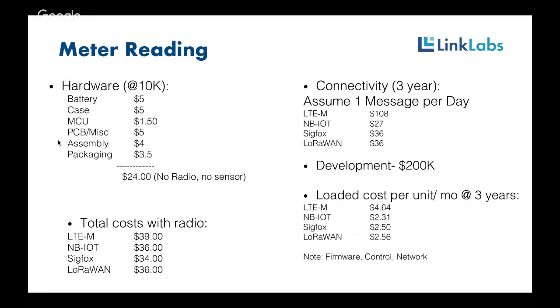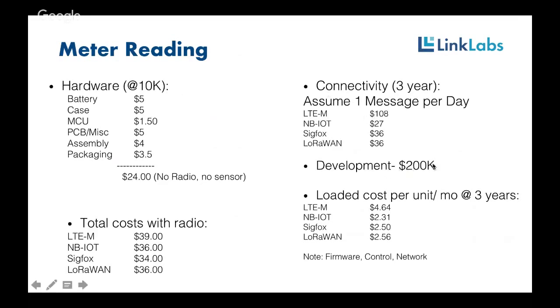Meter reading. This is really the other end of the spectrum from a GPS monitor. Here I'm assuming 1 message per day. I've got some notional hardware cost. I say $24 if you want to be aggressive with no radio and no sensor. Obviously, you're not going to get a water register for under $24. Adding in the cost of the radios drives you into the $30 to $40 range. But here, if you look, I modeled the cost of NB-IoT at $27 because they've said sending 100 kilobytes or less per month, which you could certainly do in this use case, drives you less than $1 a month. LTE-M though, here we're still kind of at that $1 to $2 a month range.